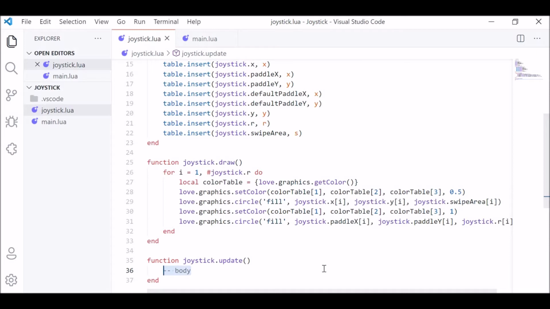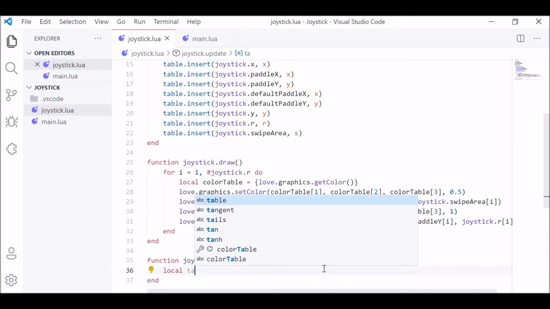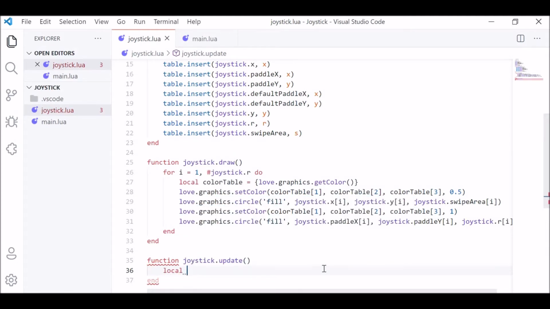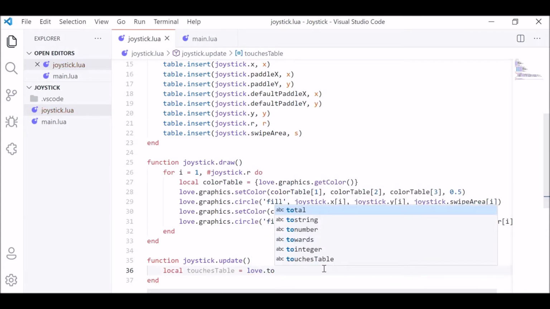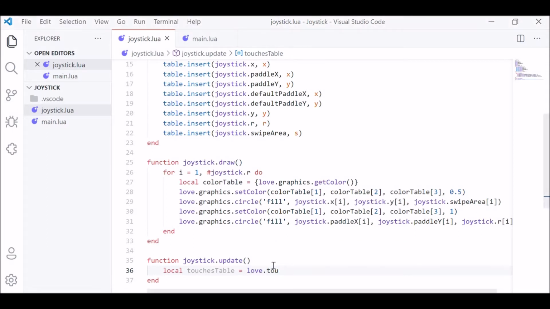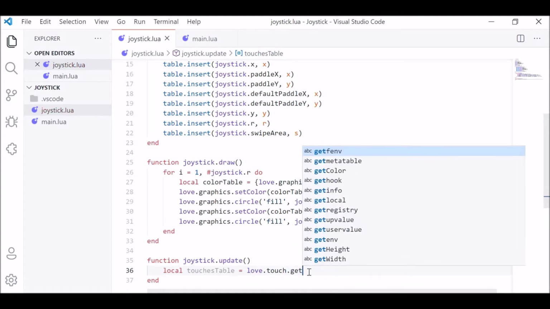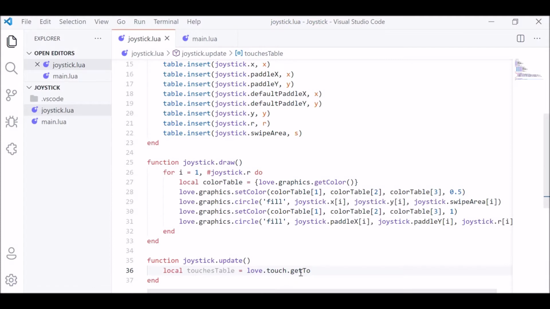Over here for the update function, we need to do something like local touches table, equal to left.touch.get_touches,